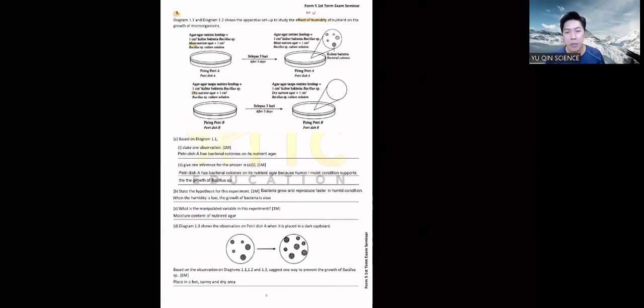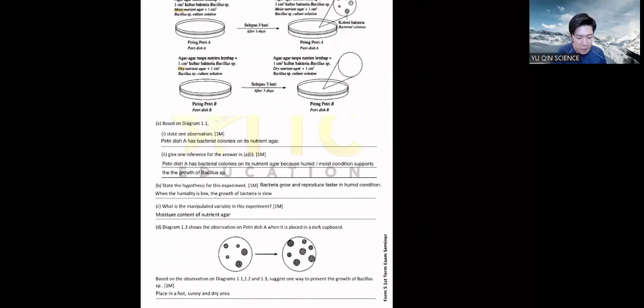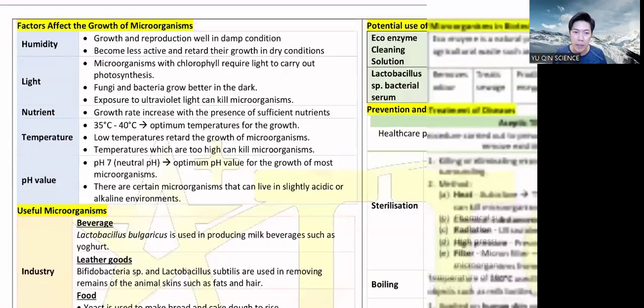Okay lah. Section A question, everybody. You'll get the hang of it lah. I have to try a few more. Of course, I have for you. Go ahead. So we're done with the factors lah. Yeah, done with the factors.